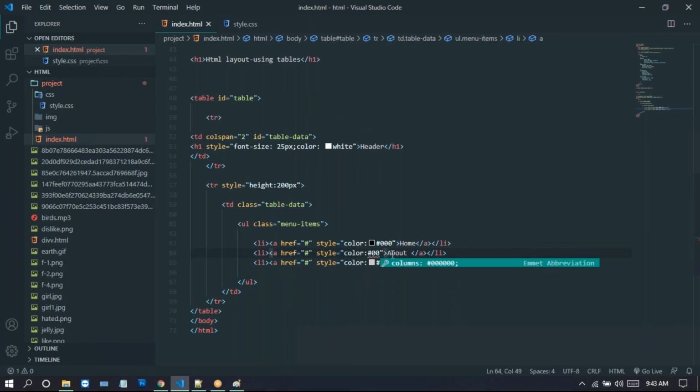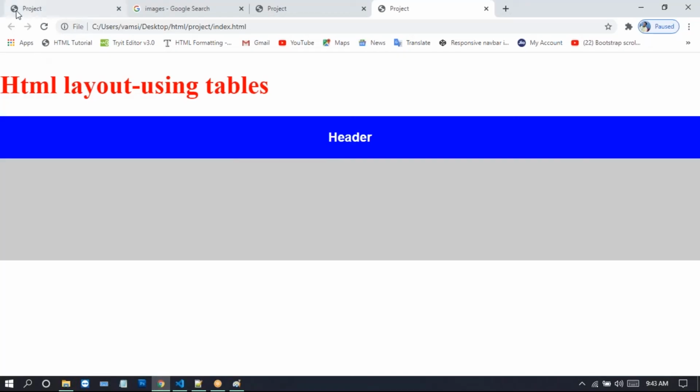Here also I just provide black color. Now we can run this one on the browser. I'm applying these zeros here. Now go to this folder and refresh this one. Now there you get it.